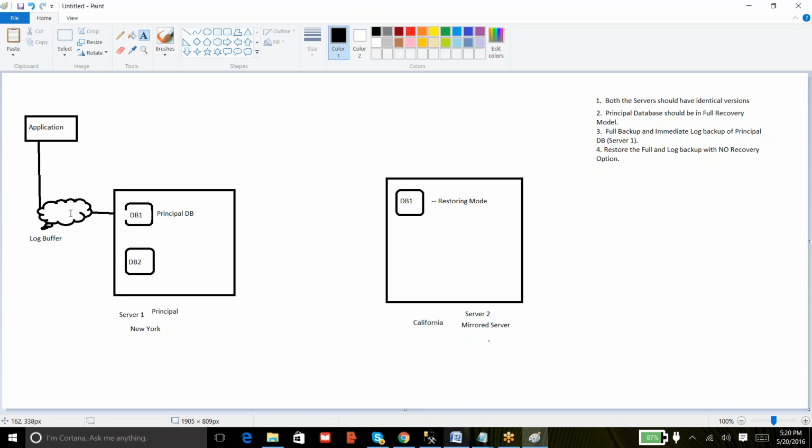So in mirroring, what happens is, let's say a user is trying to insert 100 rows on a table in this database. Those 100 rows of information will first be logged in the log buffer. So once the log buffer has that information, as we have set up database mirroring, what happens is this log buffer